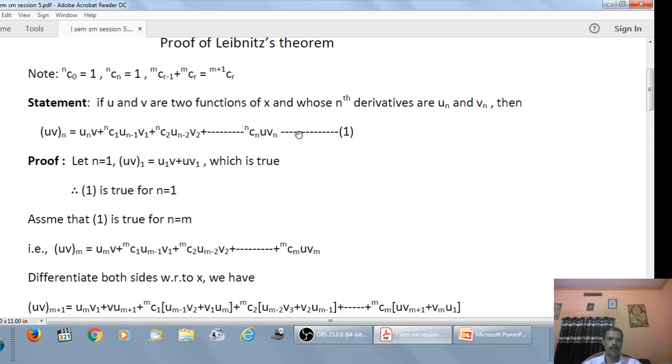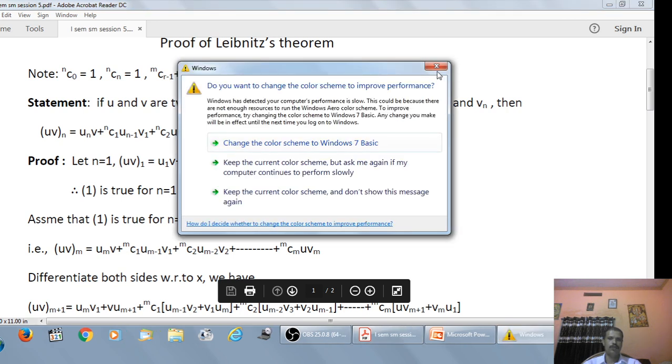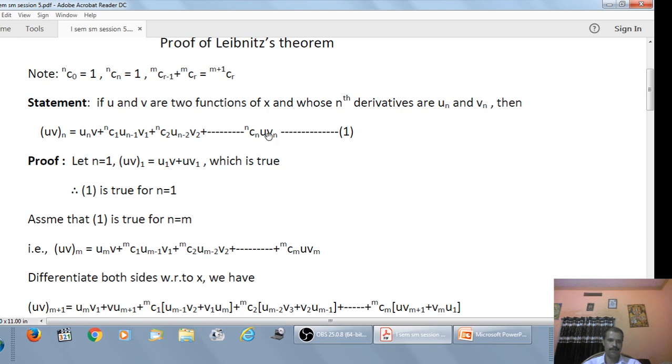First prove the result for n is equal to 1. Assume that 1 is true for n is equal to m, then prove that 1 is true for n is equal to m plus 1. And this means that this result is true for all positive integers. First of all, now I am proving this result for n is equal to 1. This 1 becomes uv1 is equal to, here n is 1, u1v plus,